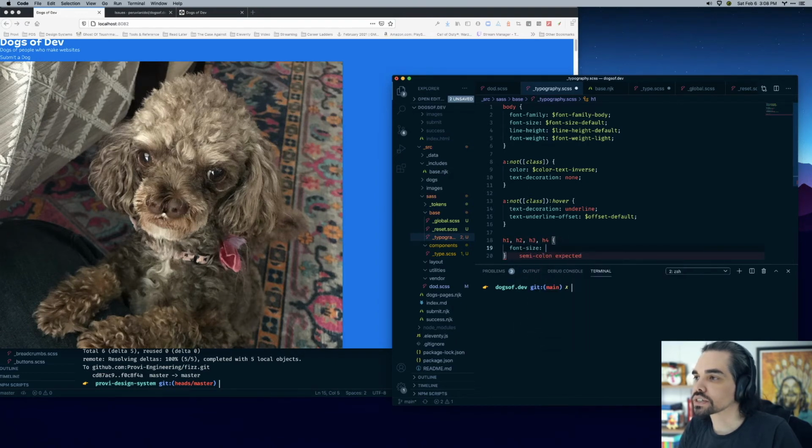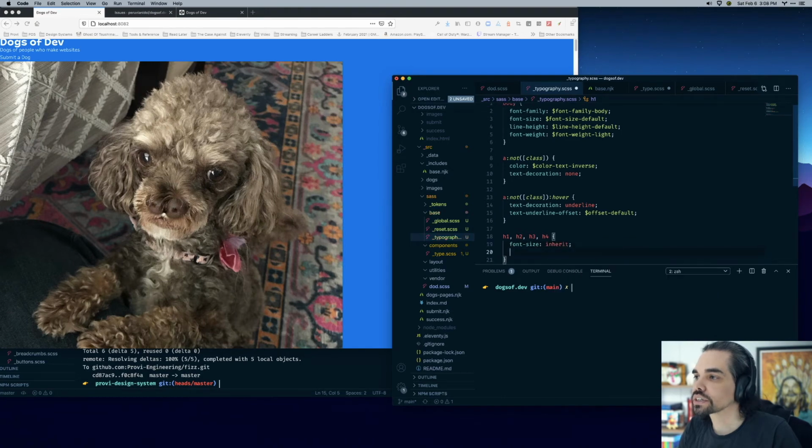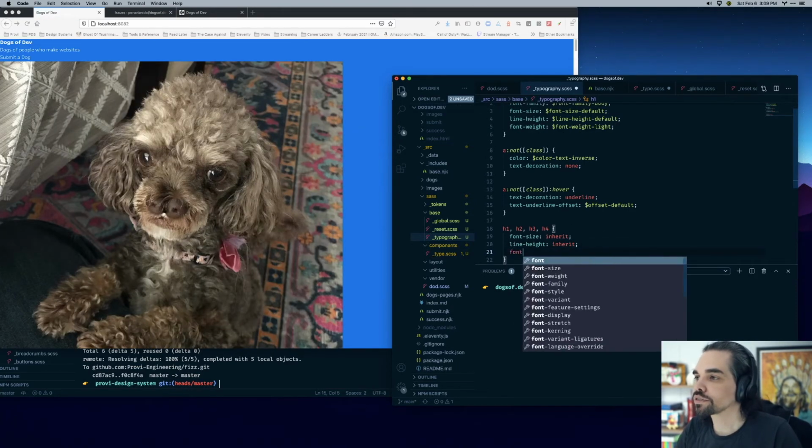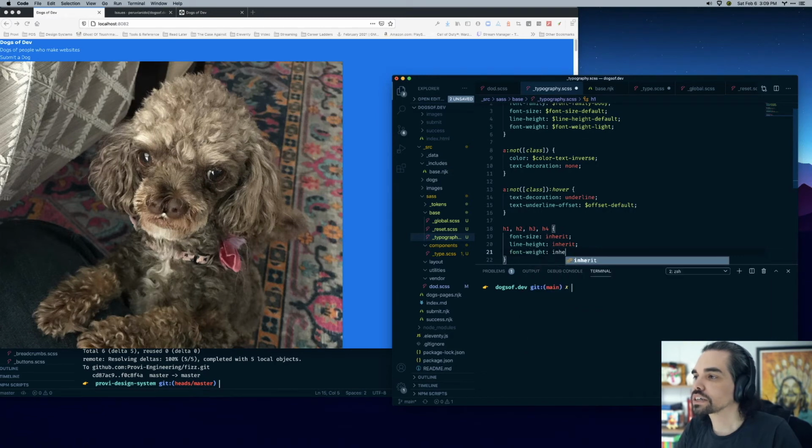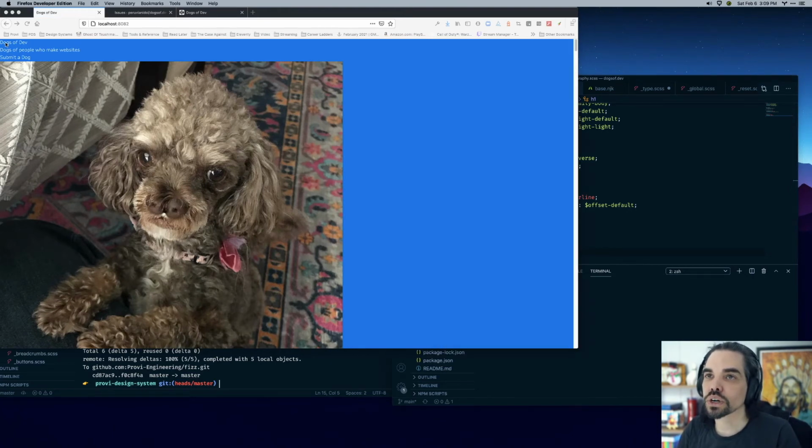font size inherit, and line height inherit. And then save that, and font weight inherit. Okay, so essentially what this does is I have an H1 here,